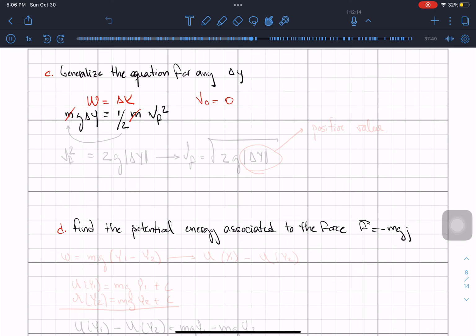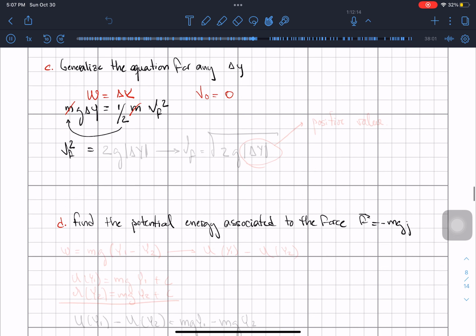And we are left with the following. Final velocity to the second equals the 2 that we're going to transfer to the left side of the equation, which has the 1/2, 2 times the gravity times the change in height,